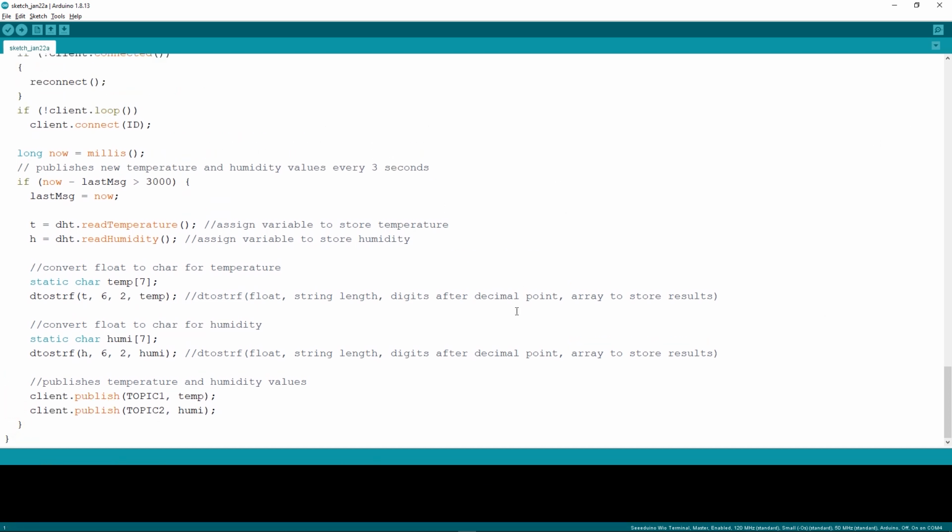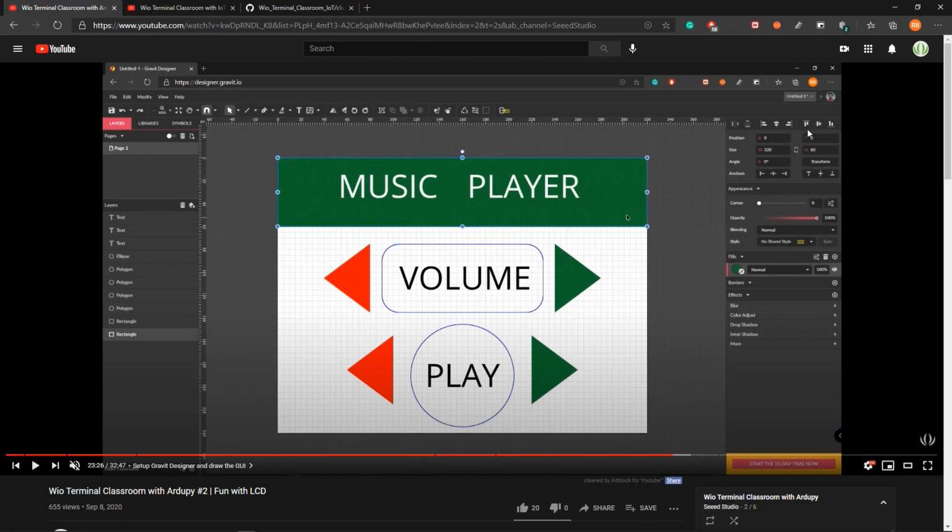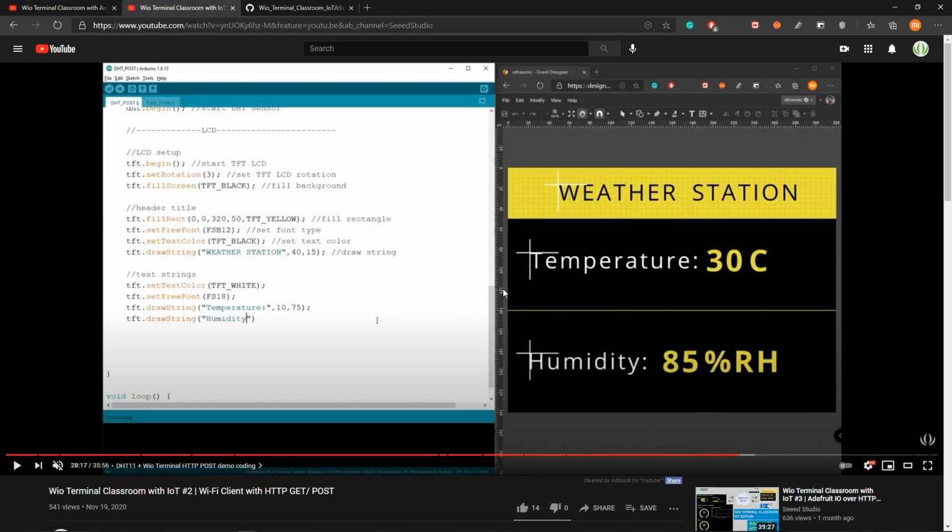Now we are done with the basic functioning demo. However, we will extend this by displaying the telemetry data on the VioTerminal LCD as well. To learn more about drawing graphics on the VioTerminal LCD screen, you can go and watch this video. I will attach this URL in the video description. And next, you can follow the video in the VioTerminal Classroom with IoT second video, how to transfer the drone coordinates into the Arduino code. We will take this code as a reference to transfer the LCD codes into our tutorial.